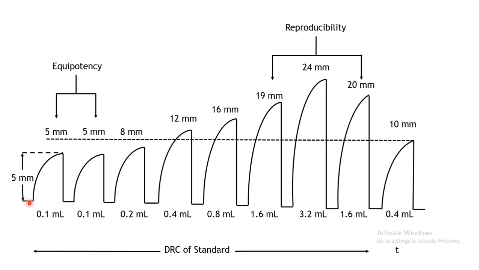That is the point where your response actually starts, till the maximum height of your response. So you need to extend a line over here, and then you can measure it with the scale. Don't measure it from here to here. Extend the line and then measure straight, perpendicular to your baseline. Ideally this is the way you are supposed to measure the height of the response.